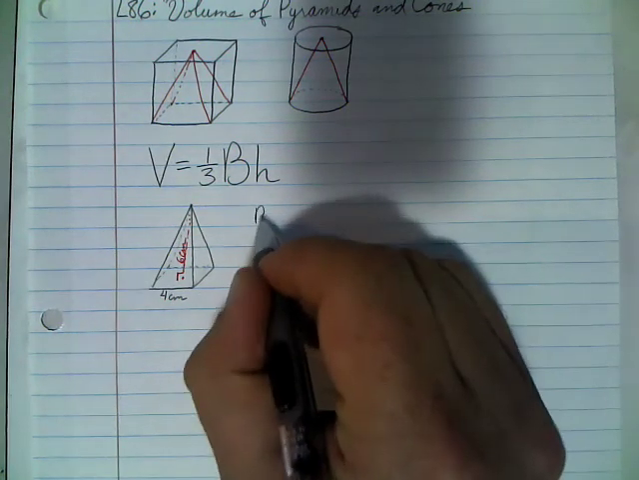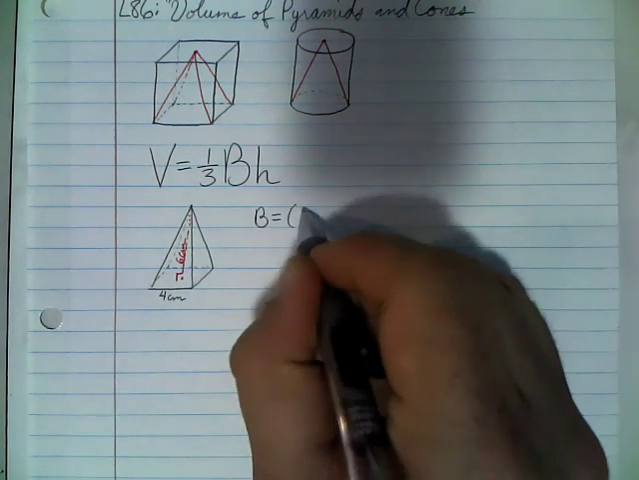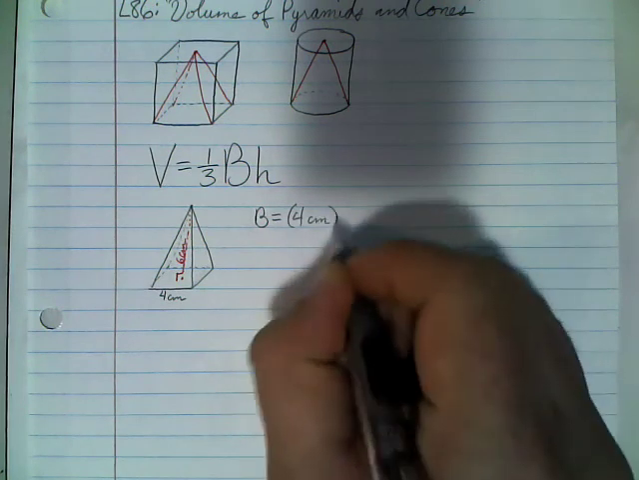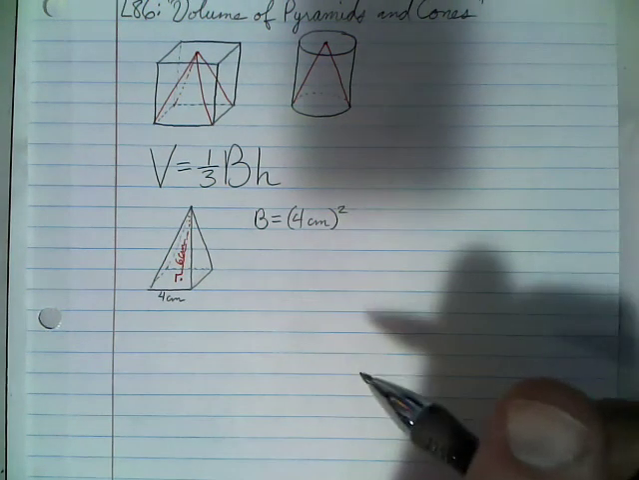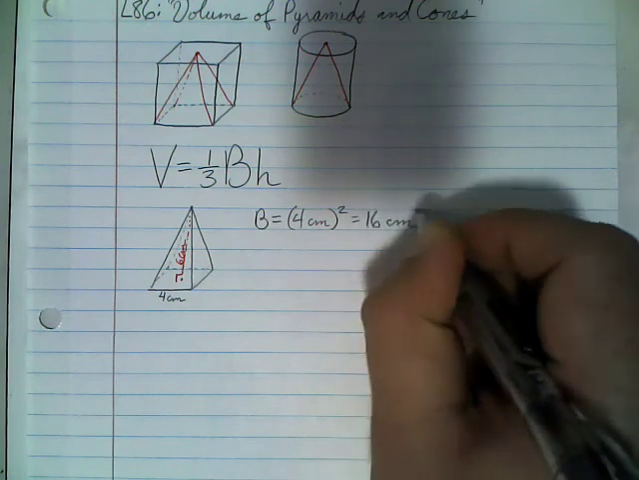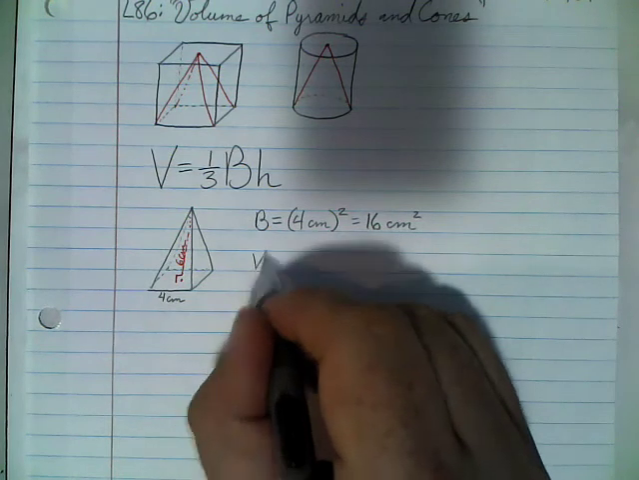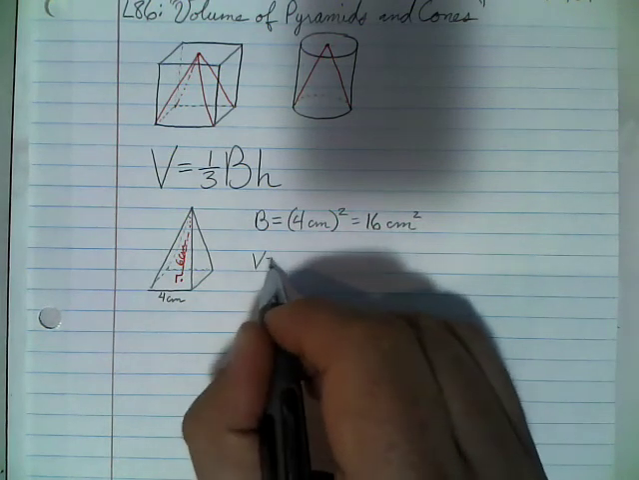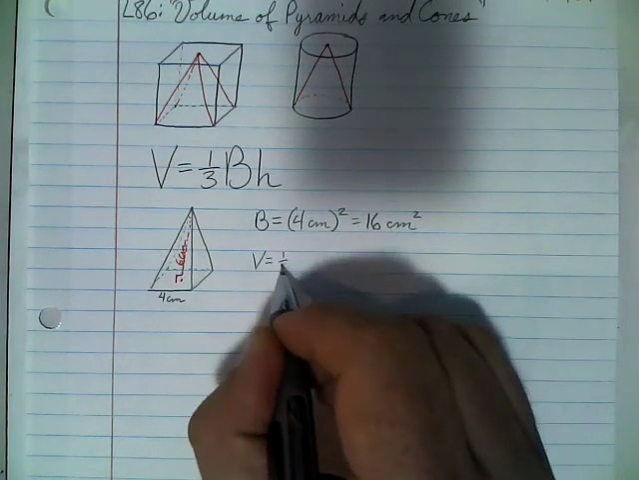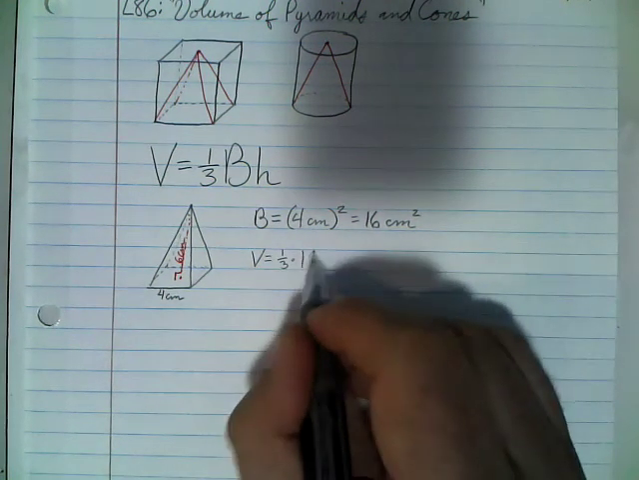So then capital B, we have to calculate. Remember, it's a square, so the formula for the area of a square is s squared. So s, my side, is 4 centimeters, squared, which of course is 16 square centimeters. So therefore the volume here is going to be 1/3 times 16 square centimeters,